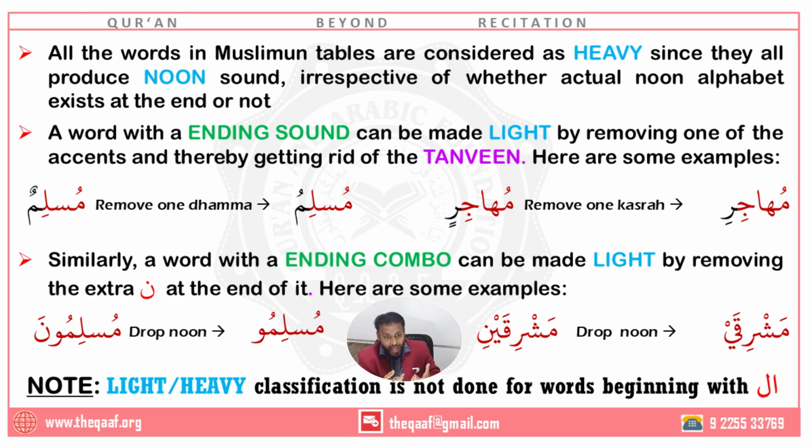Even though we added una as a number, as a thing that indicates plural and rafa and number, no. We need to remove only the noon sound, because if you get rid of the whole una, the word becomes singular, Muslimu. It's like the word above that you see. It will be the same, which means you disturb the number. You changed from plural to singular. That should not happen. So what do we do? We only drop the noon, keep the waw.